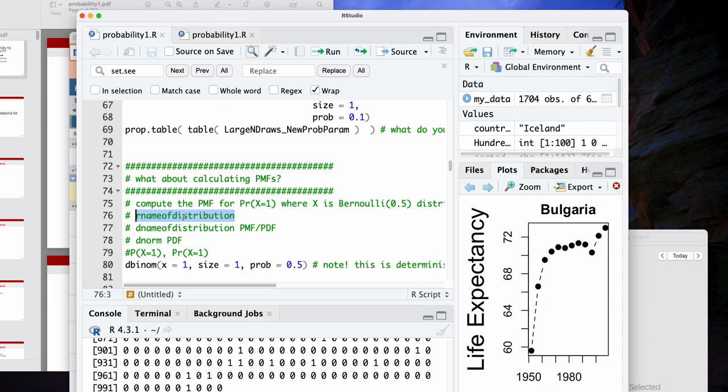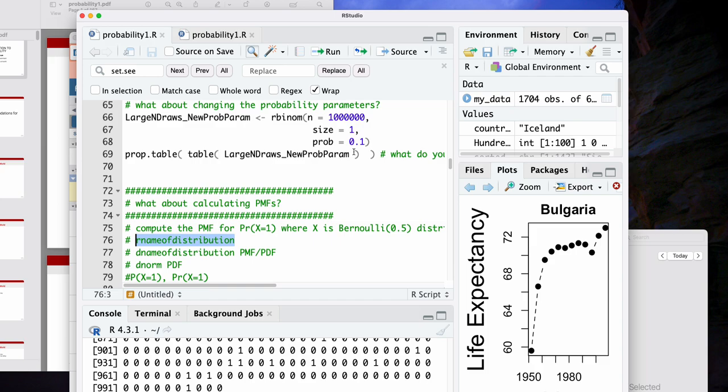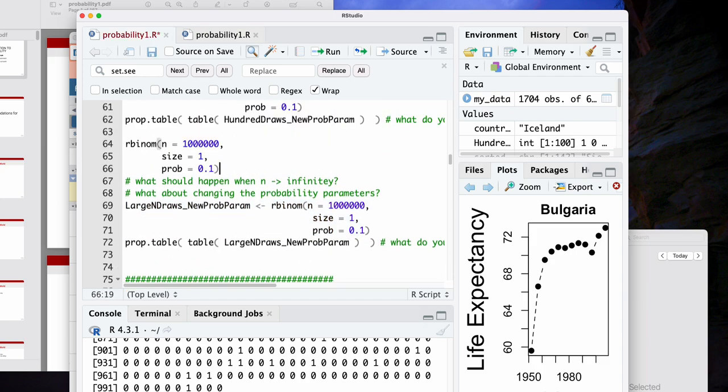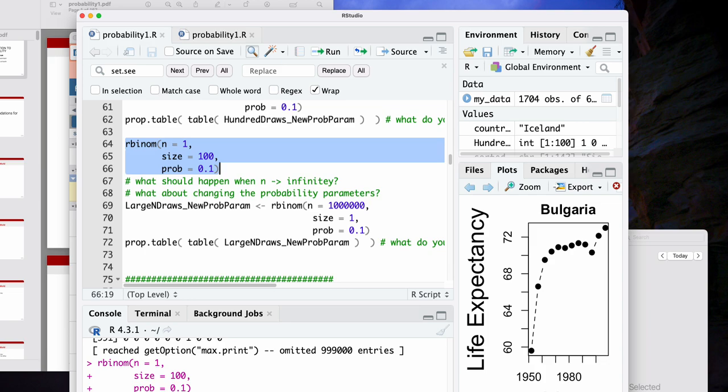Any follow-ups? Yes? So the size, I'm not sure whether I understand correctly. If we set the size to 100 and n is 1, it means that we flip the coins 100 times and then we are looking for a sample. Correct. Yeah. We'll talk more about this today as we introduce this content, but size 100 means we're flipping the coin 100 times, and n equals 1.